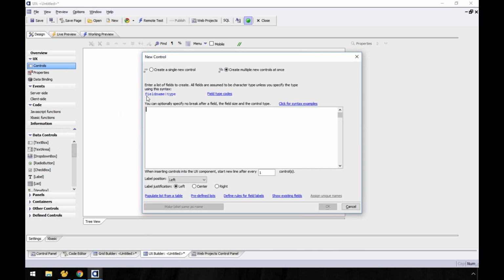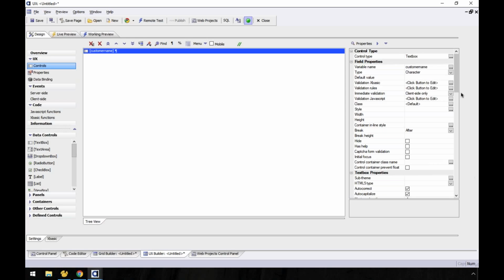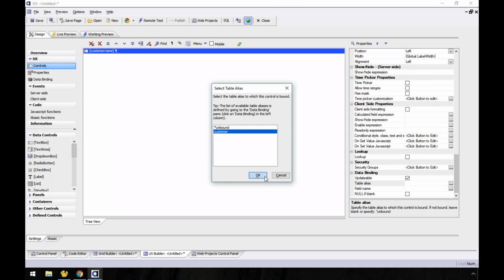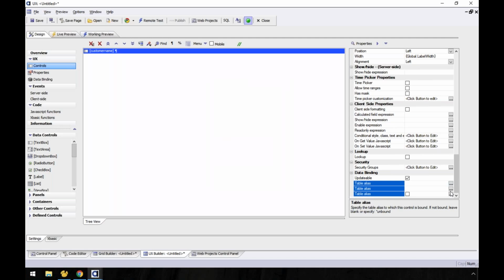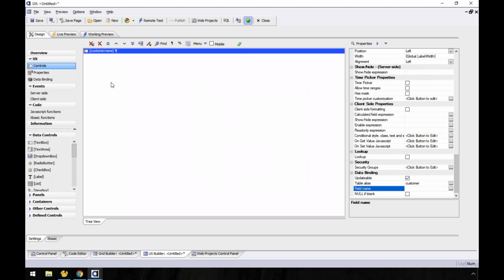So now in here, I can add a field, and I'm going to go ahead and add a customer name. And in there, I can set that customer name. I'm going to go down here to say, okay, they're in the customer table, and this is the customer name there. So I can set that up.